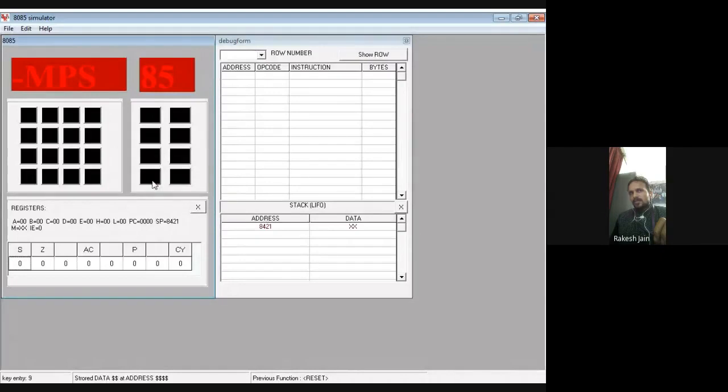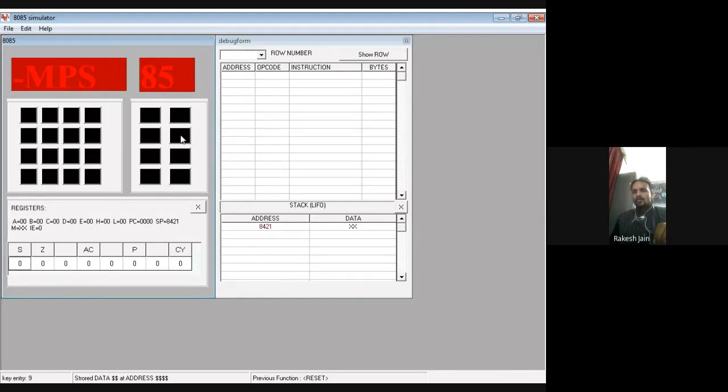So which one is necessary for us? This one is the reset key. This top one is the reset. Okay, this one is next, this one is go, and this one is execute, and this one is new memory location. I have already taught you the front panel, and even showed you the MS Paint file.